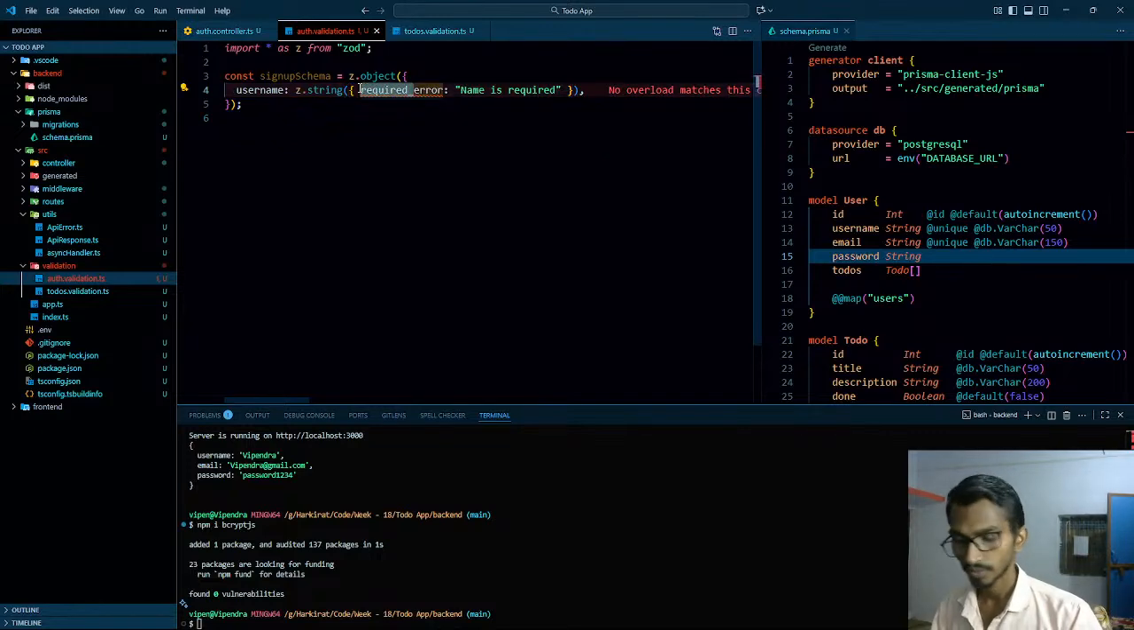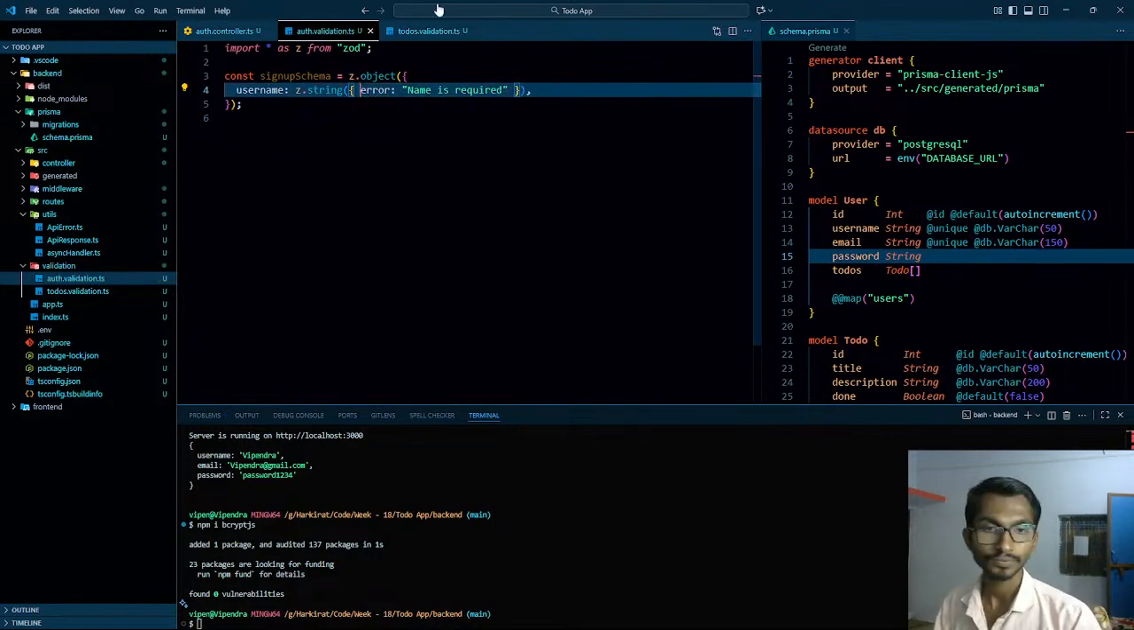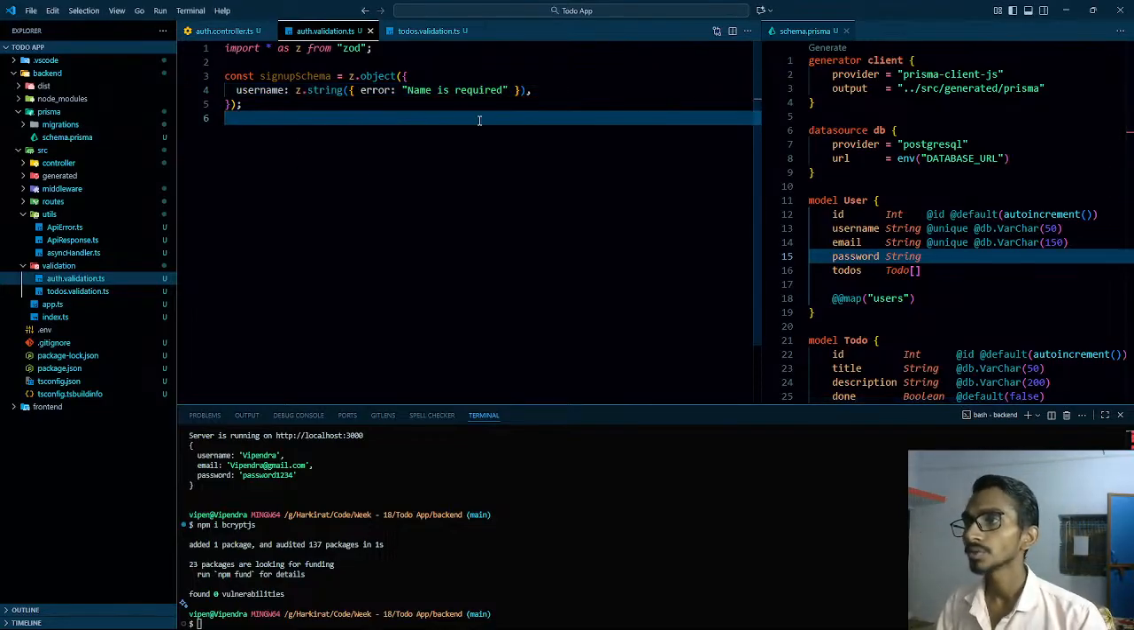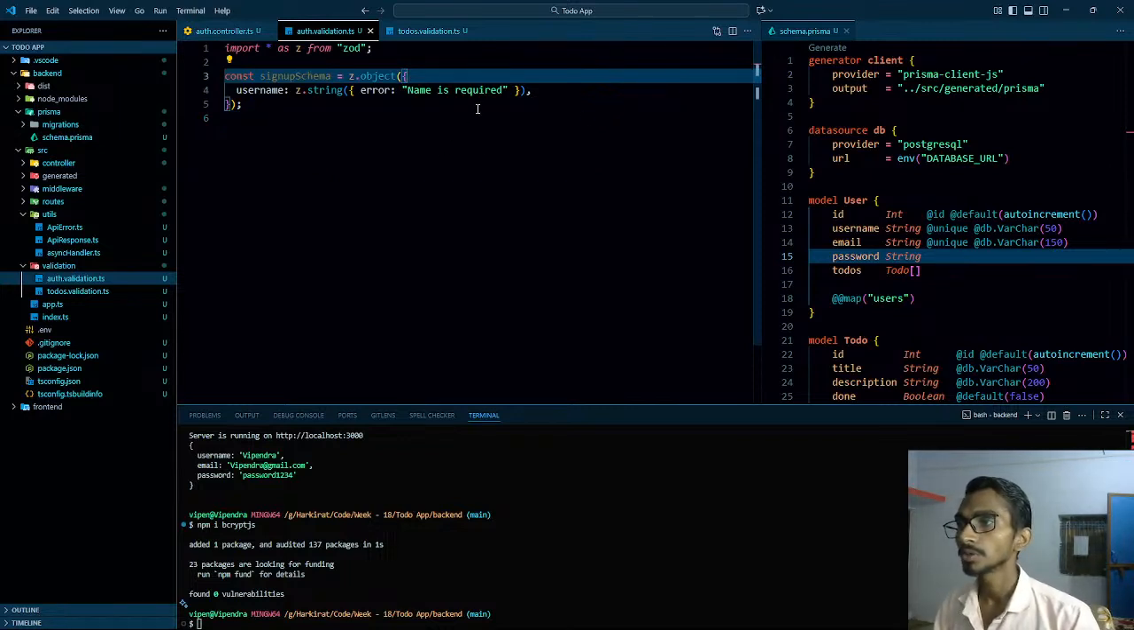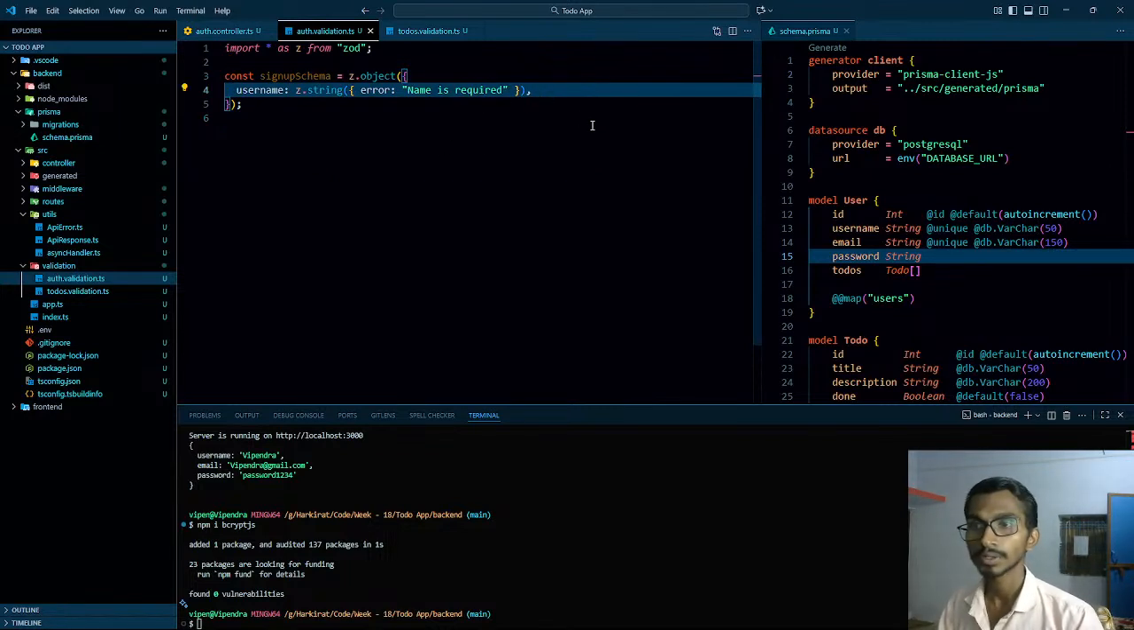I even need to remove it from here. This is fine. So why have I written the okay, could be the reason. Error, replace required error with error, something like this. So this thing is done. Username Z.string error name, that is done. The second thing is